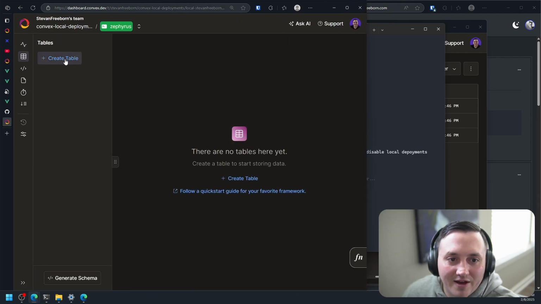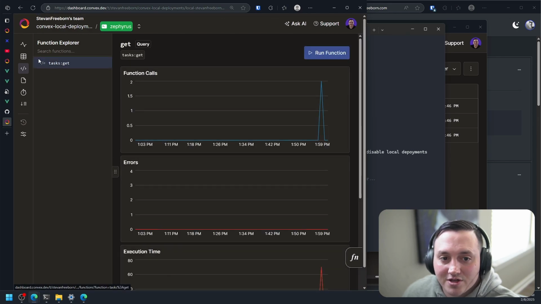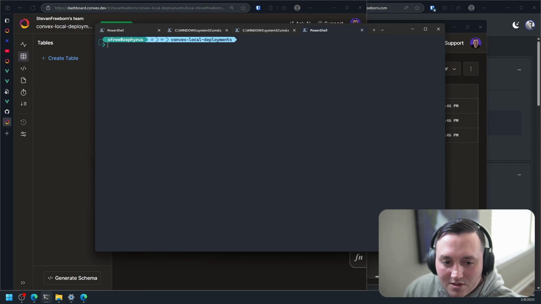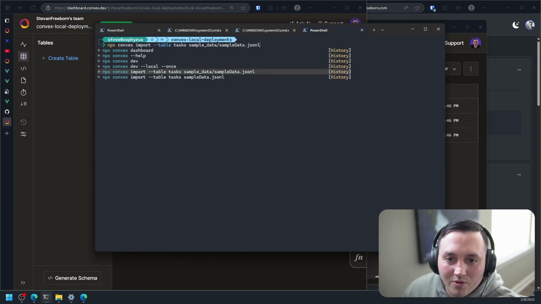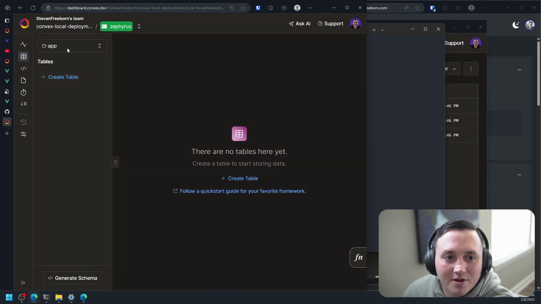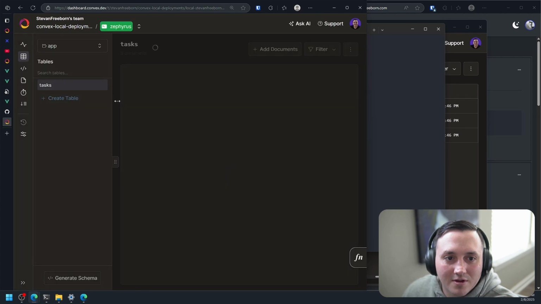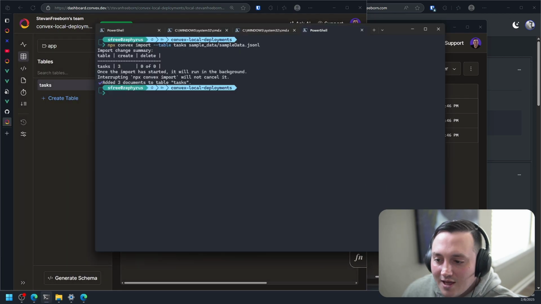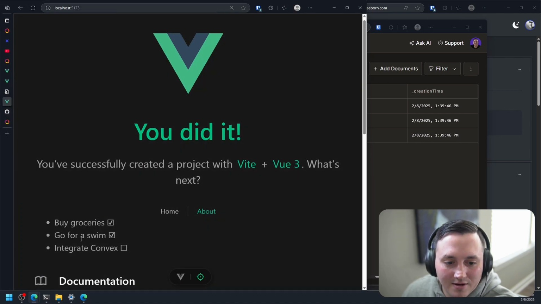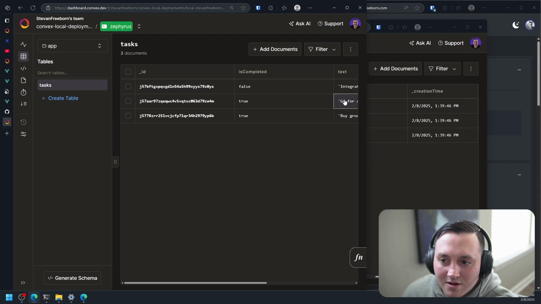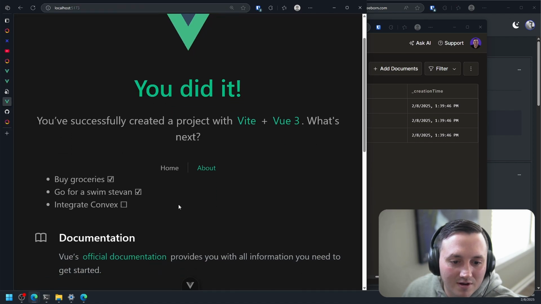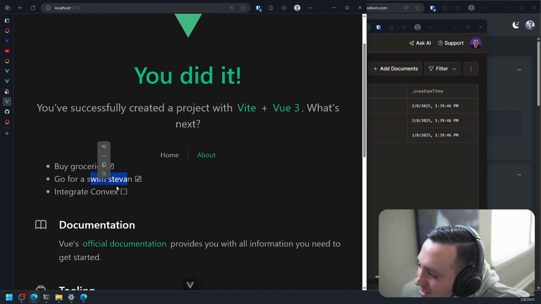But you'll see, look, I don't have any tables. Oh, I do have a function. It did add my function, but I don't have a table. So let's import some data into my table real quick. So npx convex import. Boom, awesome. Cool. There's my task data. Okay, and then if I go back to my app, it's now got data. And if I change the data here, it should get reflected over here. Yes. Okay, very cool. Okay, I'm excited about this.